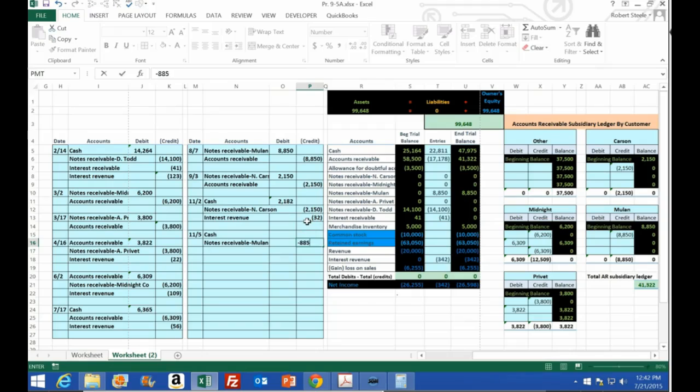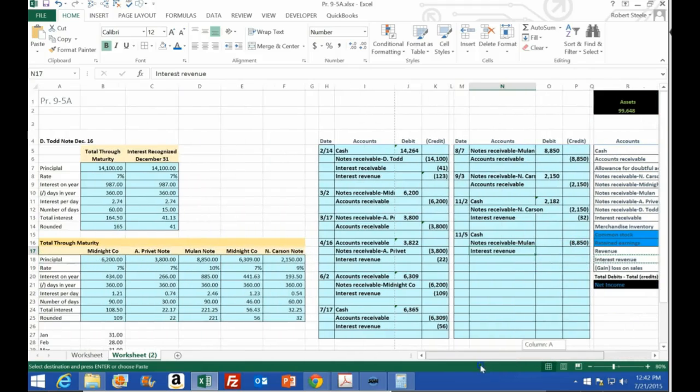Credit 8850. Now, the cash we don't know because we charged interest on it. So we need another credit over here being the interest revenue, the money we earned for loaning out the use of this money. And for Moulin, we did that calculation before, and we came out to the $56. So we're charging, sorry, I was looking at midnight there. Moulin, we charged the $221. So we're going to go over here, we're going to say the negative 221. That means we're owed the